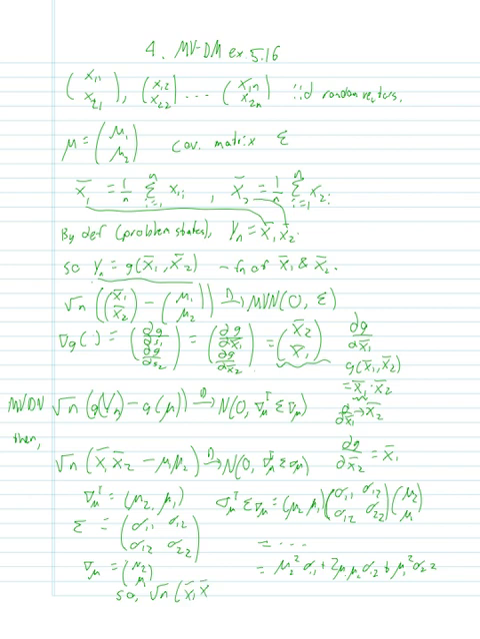So we have square root of n times x bar 1 x bar 2 minus mu1 mu2 converges in distribution to a normal with mean 0, and variance is equal to